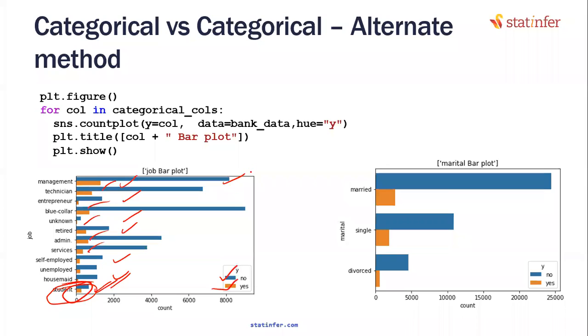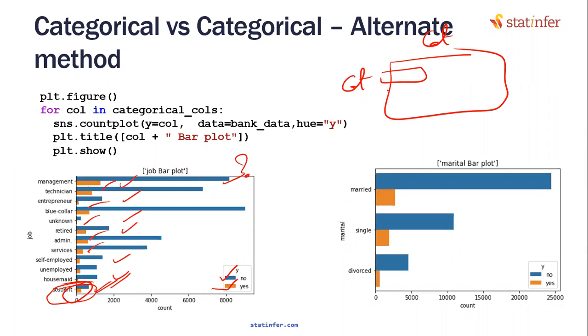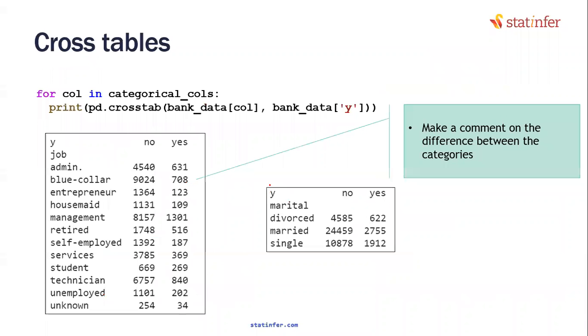The same thing, some people will say, why do you complicate so much? The easiest method for category versus category is the age-old method that is followed. Category 1, category 2, category 3, and so on. What is it called? Do you remember this? Cross tab in Excel, or the pivot table, the age-old method. Some people say that is unnecessarily complicated, and this much you don't do. Show me a pivot table, I am happy looking at that. If that is the case, you simply show the cross tab.